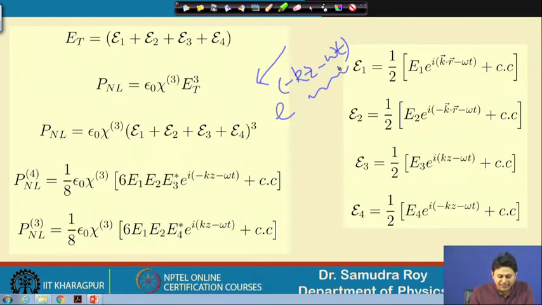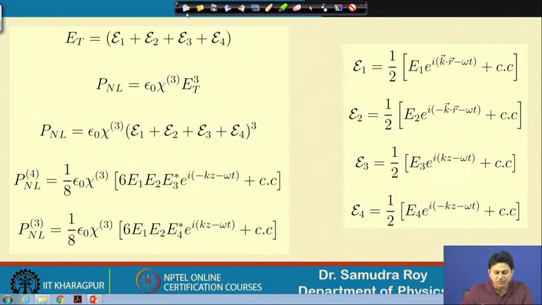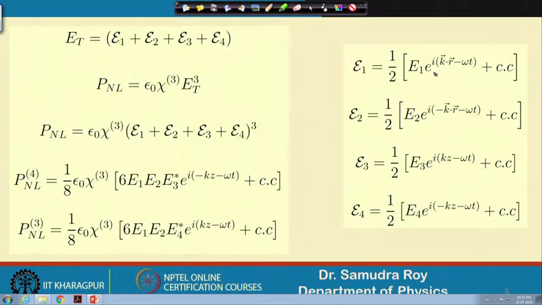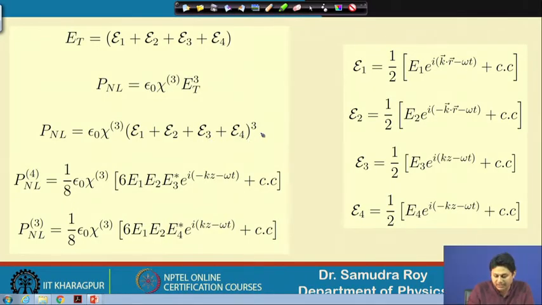So, obviously, the P nonlinear term should have this kind of phase, and that will be the source term of E4. So, the next question is how to form E4 by using E1, E2, E3, where E1, E2, E3 is given here, and how I will get this phase, which is very easy, because this kind of calculation we have been doing for the last few classes. So, here if I see, E1, E2, E3, E4 cube are there. So, I need to find out how E4 is going to be generated using E1, E2, E3. E1 has a phase this, E2 has a phase this, and E3 has a phase this with complex conjugate.